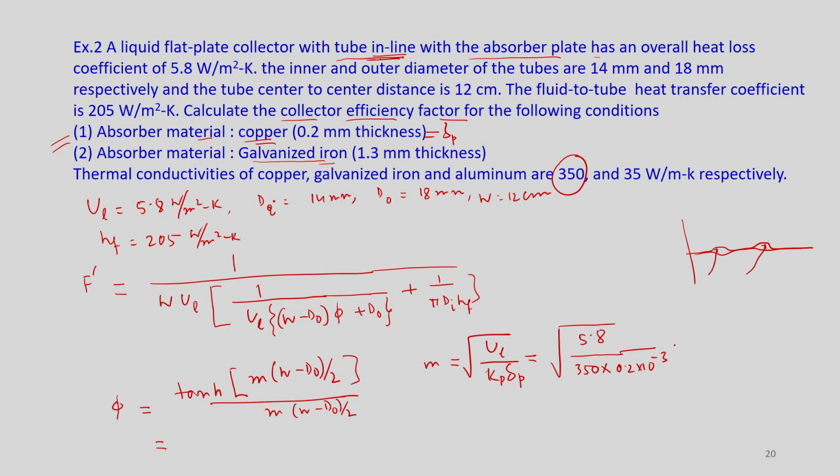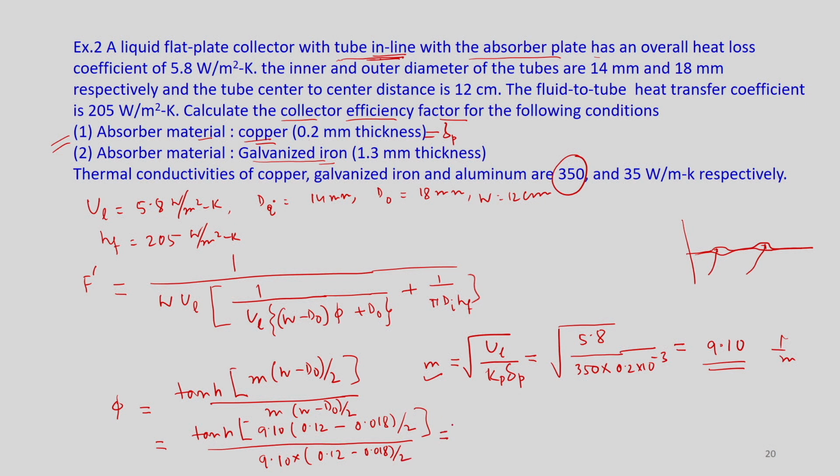So, on substitution, what will be the value of m? It will be 9.10. Okay, this is the value. So this will be in 1 by meter, right. So if we use this m here, let us write m(W - D naught)/2, this will be 9.1, then W is 12 centimeter. So this will be in meter 0.12, and D naught is 18 mm. So this is 0.018. Okay. So this divided by 2, and this will be 9.10 times (0.12 minus 0.018) divided by 2. So this gives a value of